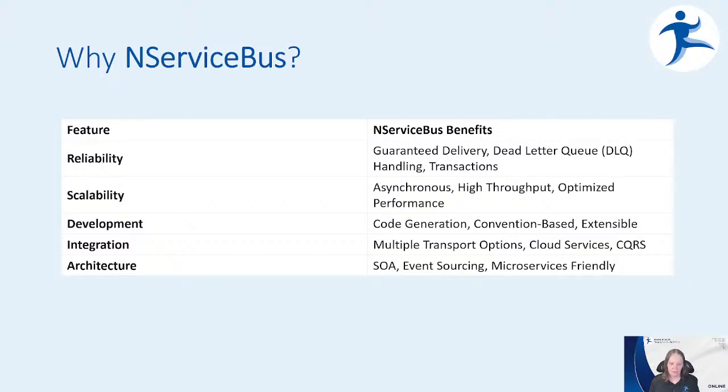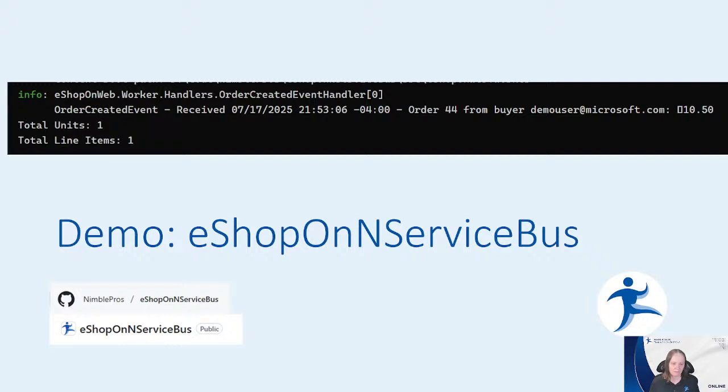So there's that. There's a lot of support though in their documentation. They do have great documentation. I've got to give a shout out to their docs team for that, as well as for the samples. The samples that I'm showing today are with eShopOnNServiceBus. SimplePros maintains eShopOnWeb, and it just made sense to do a version with NServiceBus because we support NServiceBus and other Particular Software platform tools as well. So that's why I'm going to show eShopOnNServiceBus. However, Particular Software has a GitHub repo with a bunch of samples. Very well done.